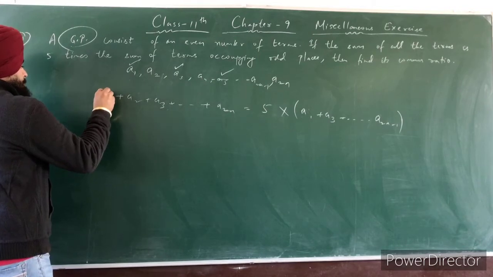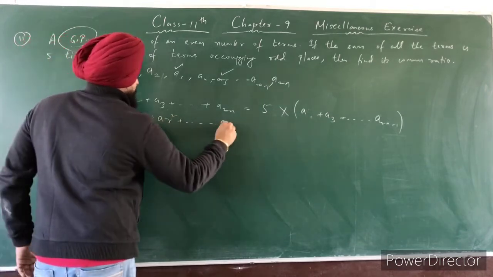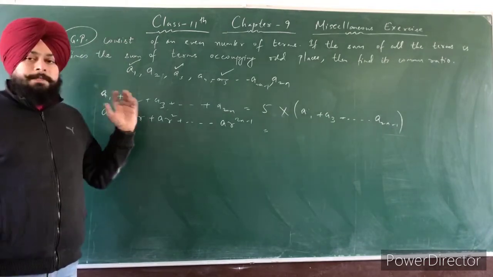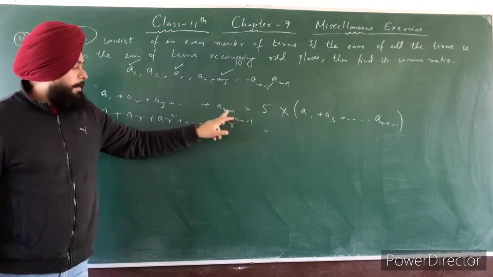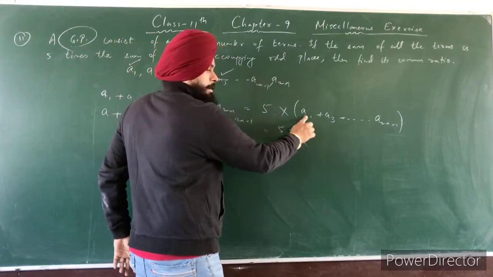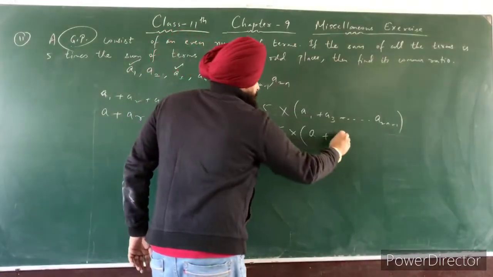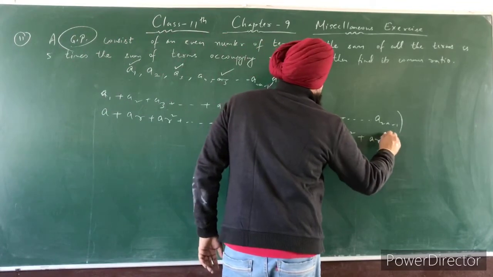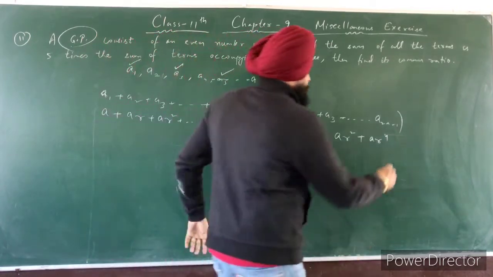Now, this is ar squared. The last term is ar to the power 2n minus 1. The general term for a GP series is ar to the power n minus 1, so here the last term number is 2n, and its value is ar to the power 2n minus 1. Five is multiplied with a1. The first term is a. The third term is written as ar to the power 3 minus 1, that is, ar squared. Next is ar to the power 4, because the fifth term is written as ar to the power 5 minus 1, that is 4.